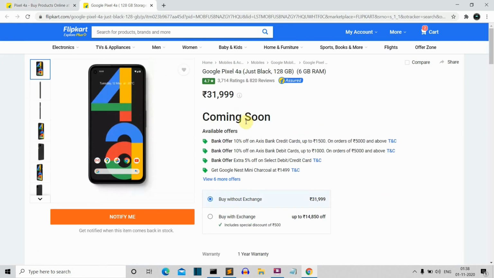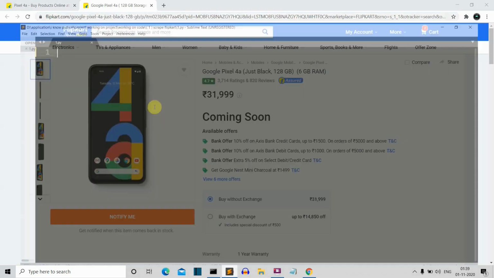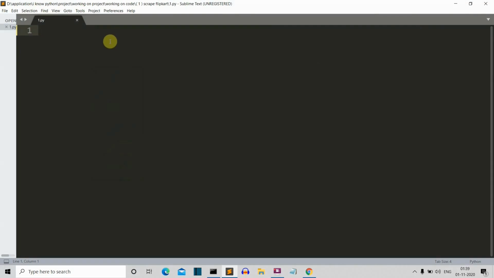Okay, so we'll simply grab this website link from here, just before this question mark. Let me show you what part of the web page you need to grab. You need to grab the ID of this page. And this is a new Python file.